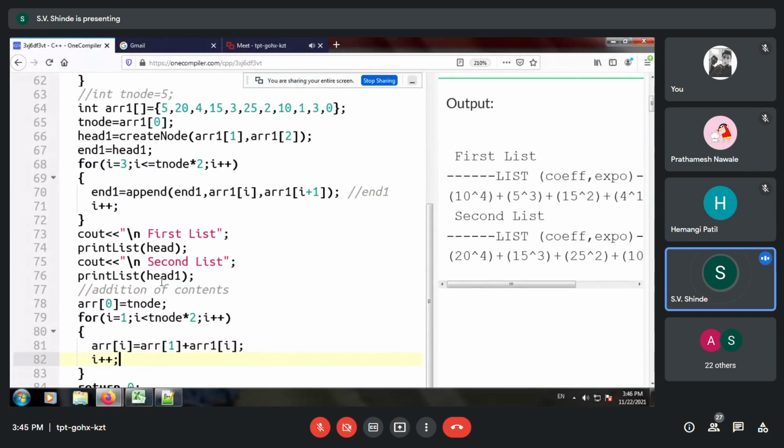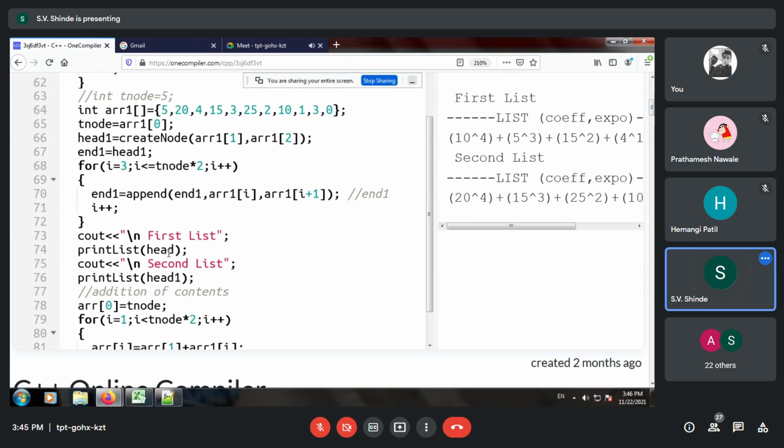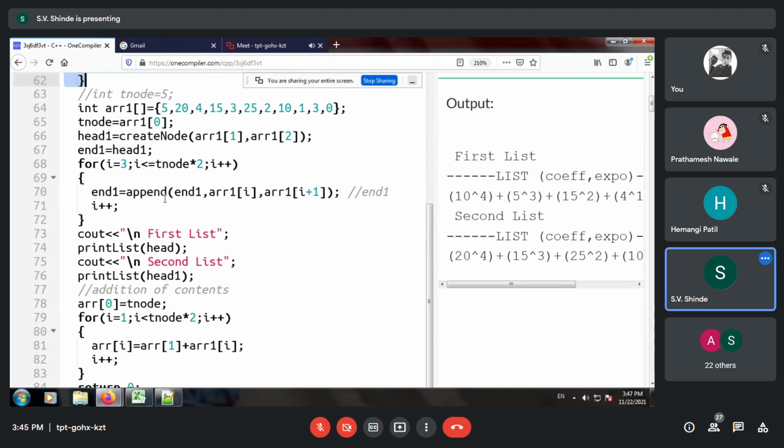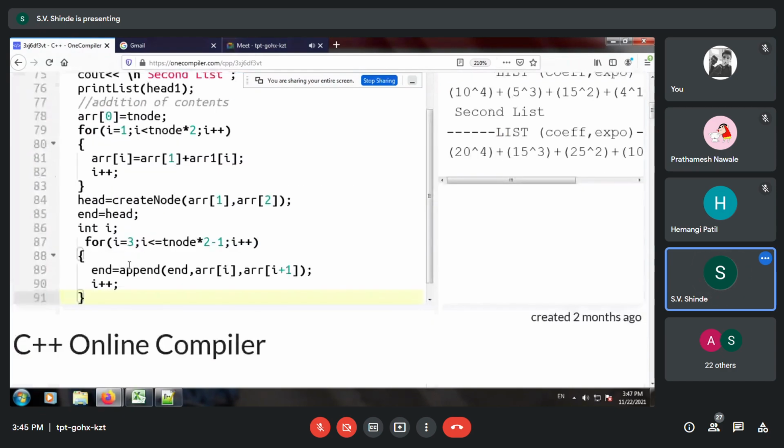Now we have to just create the new list after this. So I simply append this code. Since our array is same, so instead of head, we are creating head 2 and end 2.